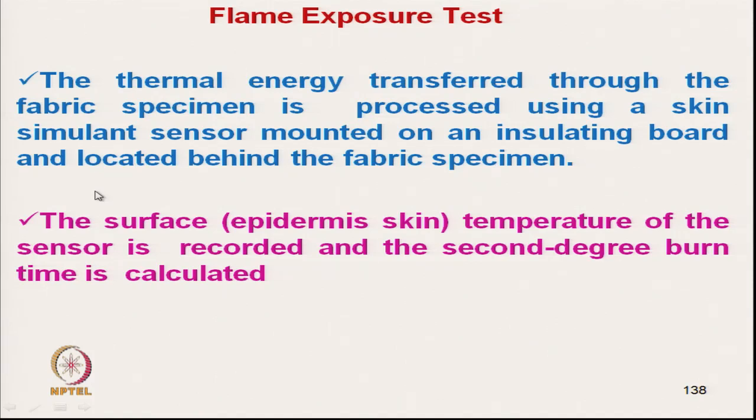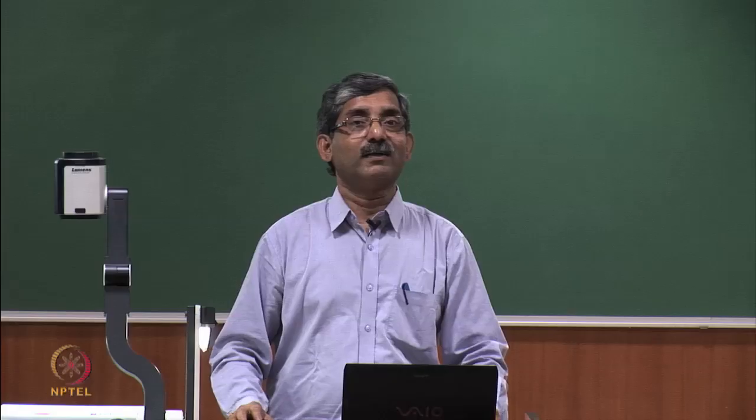On one side the flame exposure is there and on the other side the skin simulant is placed. The surface temperature of the sensor, that is the epidermis of the skin simulant, is recorded and the second degree burn time is calculated.